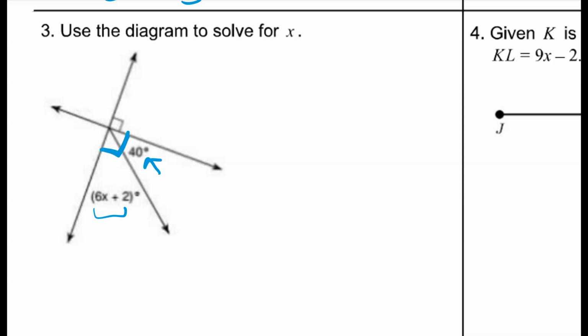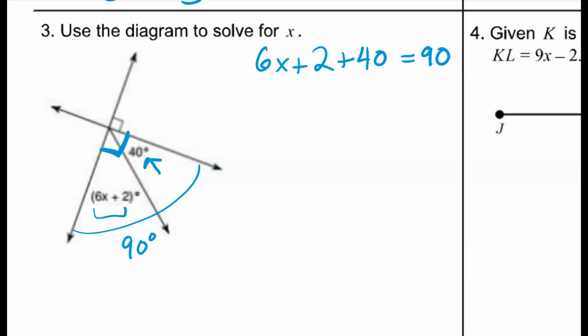But together, they should sum to 90 degrees because I know that's a right angle. So these are called two complementary angles because they sum to 90 degrees. One way you could solve this is by taking 6x plus 2, adding 40, and setting it equal to 90 because you know the lines are perpendicular and you know together they should make